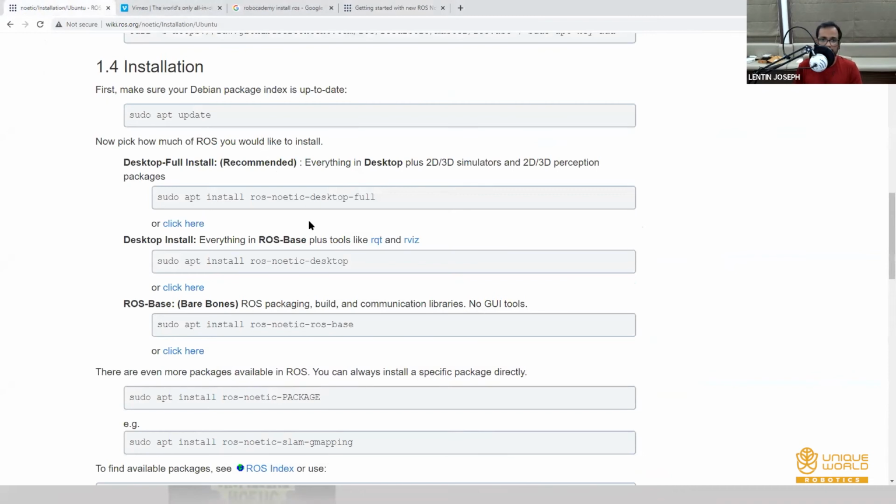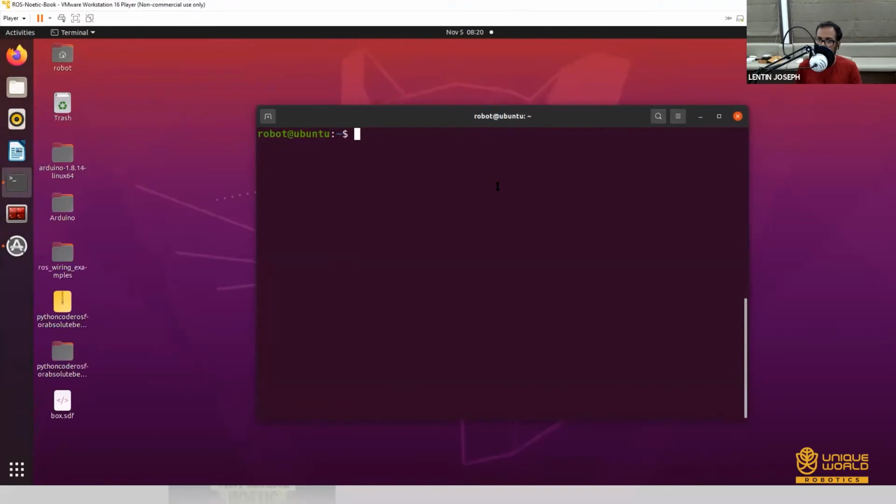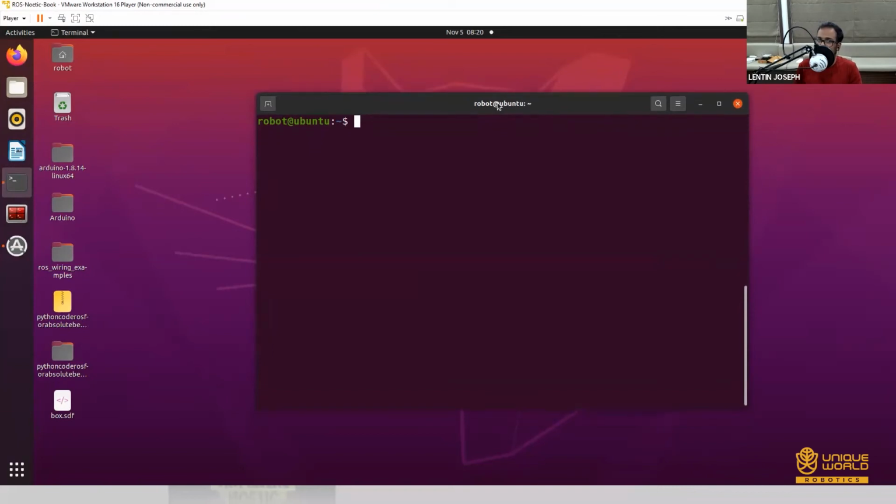You can basically install ROS on an Ubuntu-based PC, or you can install it on Windows. That is not recommended. You can work with it, but to start with, I would prefer Ubuntu, which is the mostly supported operating system.